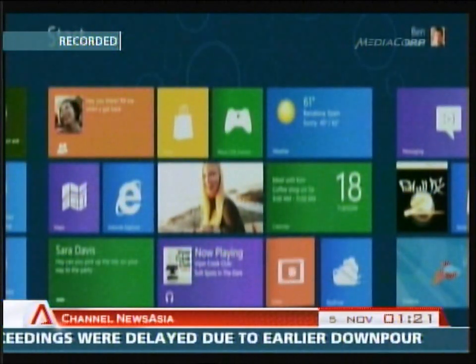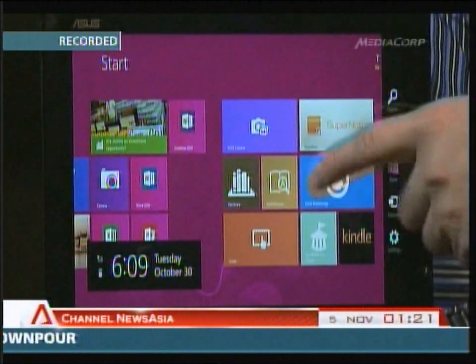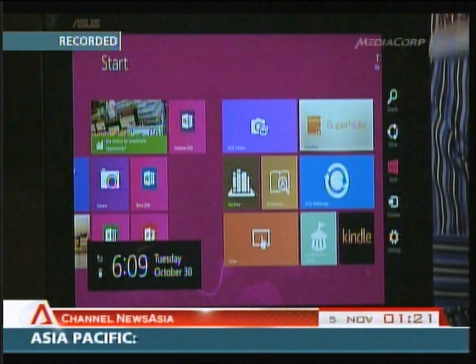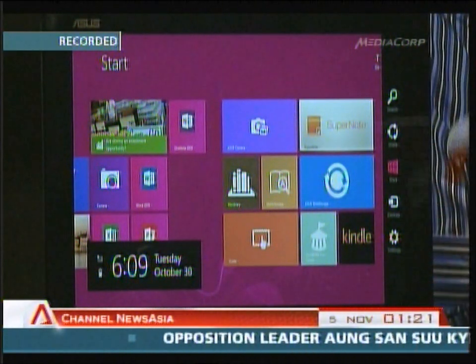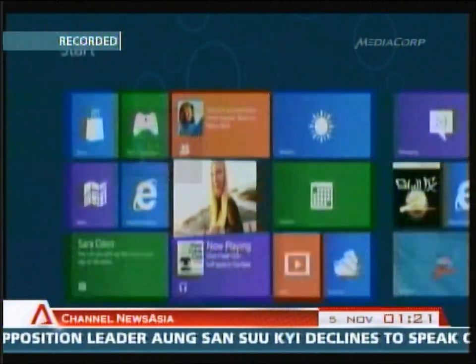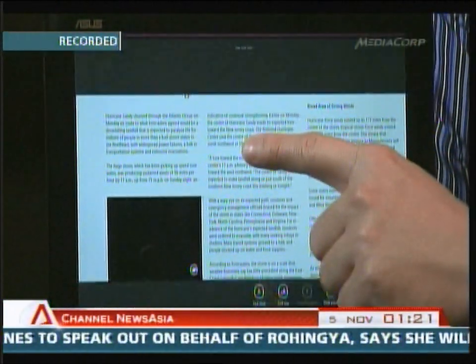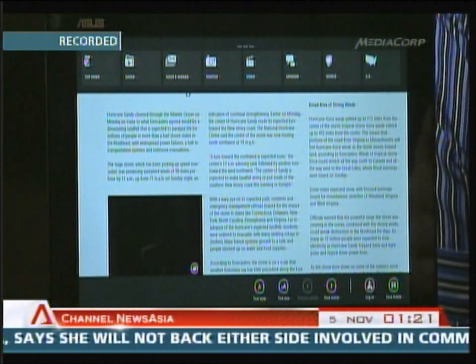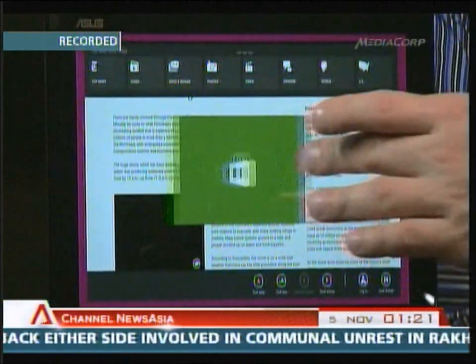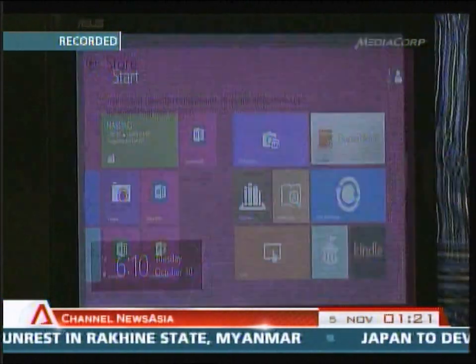Now forget about the taskbar at the bottom of the screen. Microsoft created what they call the charms, shortcuts that give you the settings, devices, or even to share. Now when you're on an app, you can swipe down from the top to bring out the menus. Easy as that. You can also swipe from the left to bring back another function or go back to your